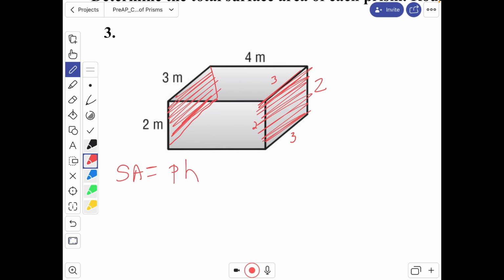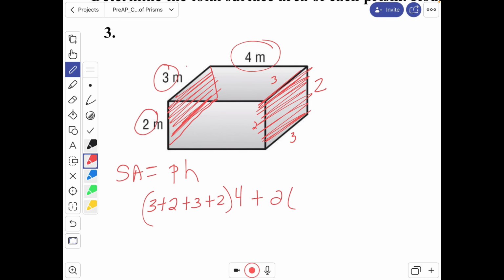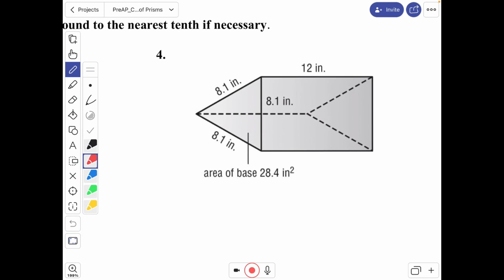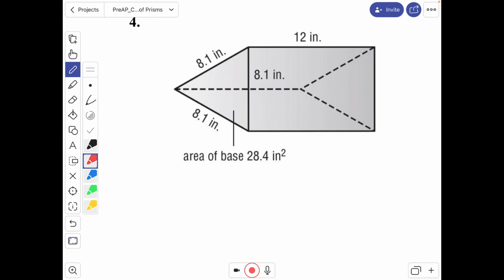The perimeter is going to be 3 plus 2 plus 3 plus 2 times the height of the prism, which is 4, plus 2 times area of the base. And the area of the base will be multiplying the 2 numbers together, so 3 times 2. And notice on this triangular prism, you won't have to calculate the area of this base because they gave it to